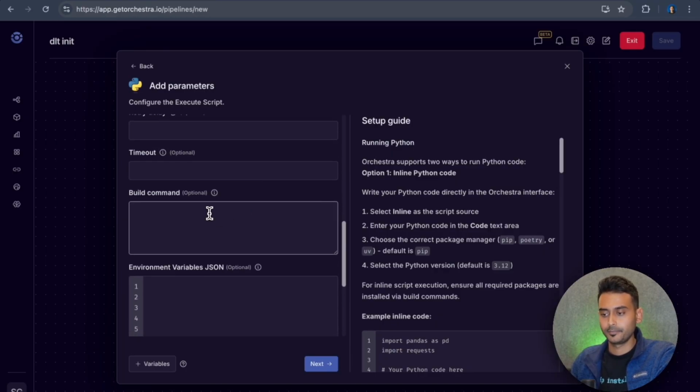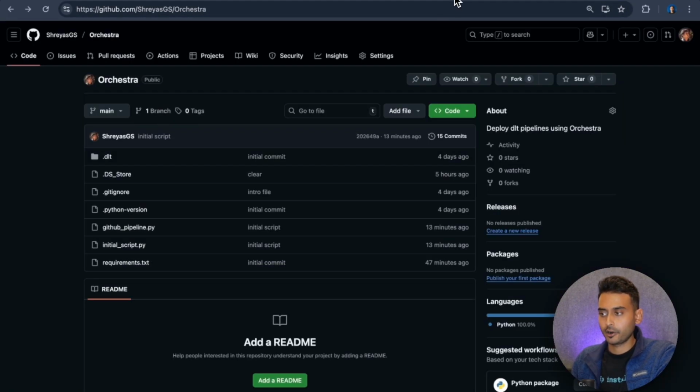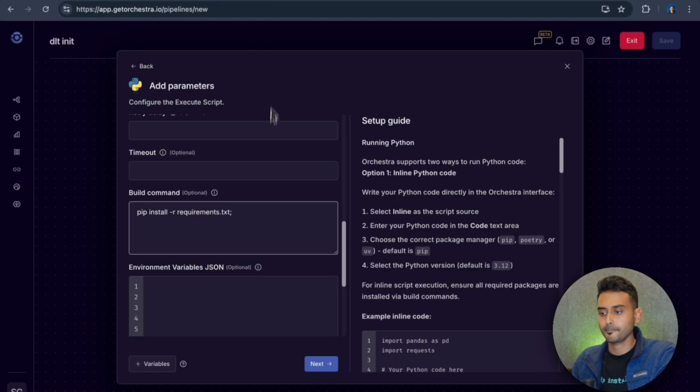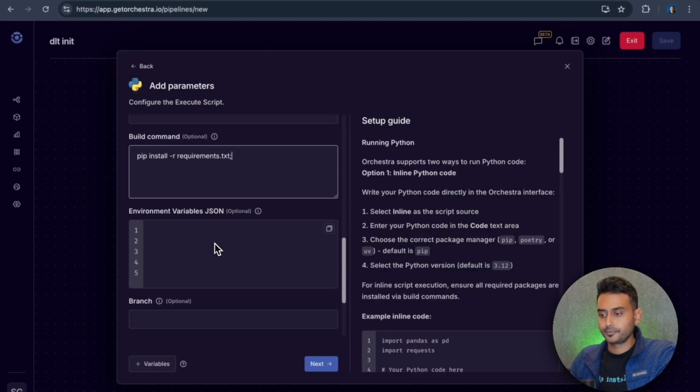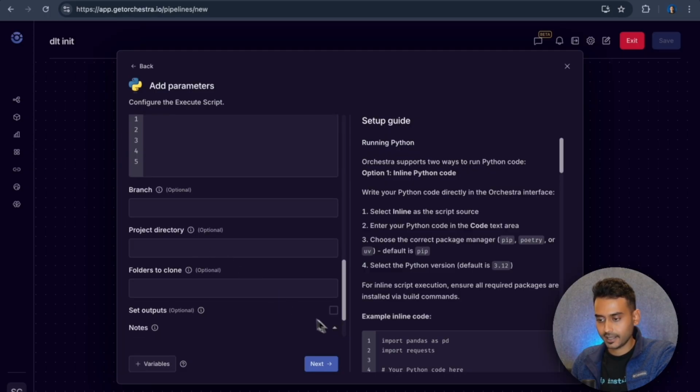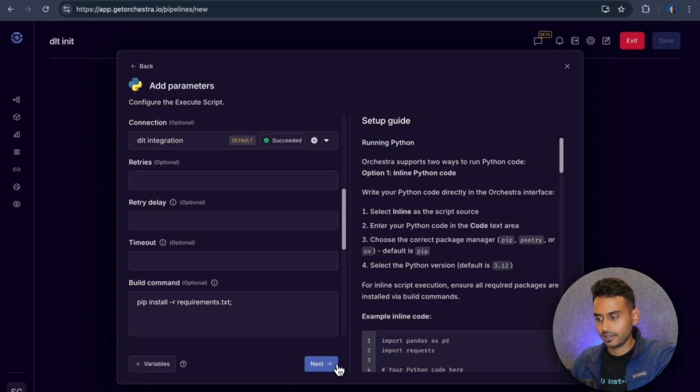The build command is: you type in pip install -r requirements.txt. Orchestra pulls this requirements.txt and installs all the libraries required for us to run the DLT pipeline in its own compute environment. We don't need to input anything in the environment variables as we are not passing in any arguments. And the rest of everything else we can just leave as it is. So now let's click next